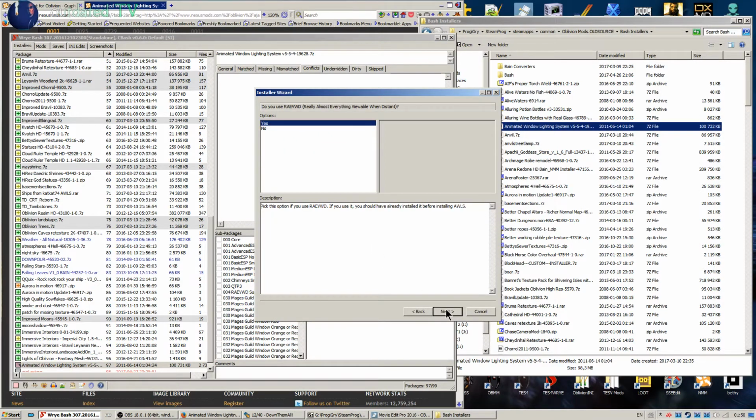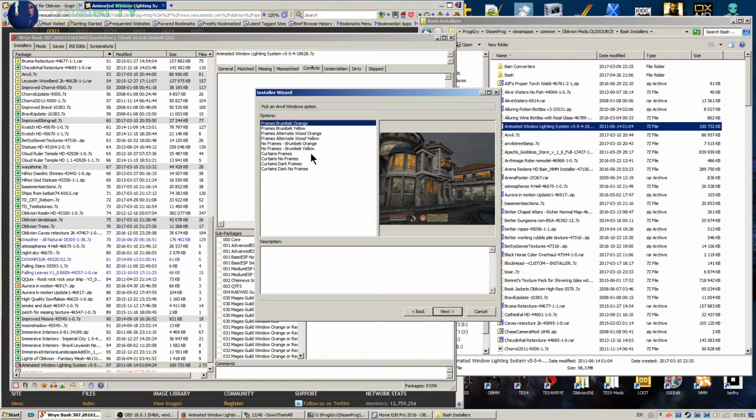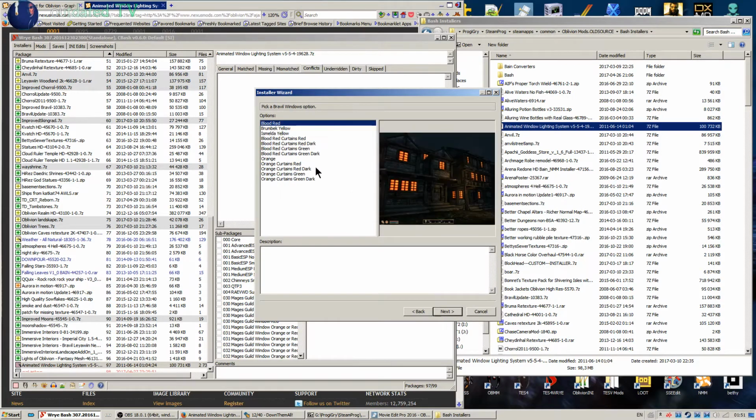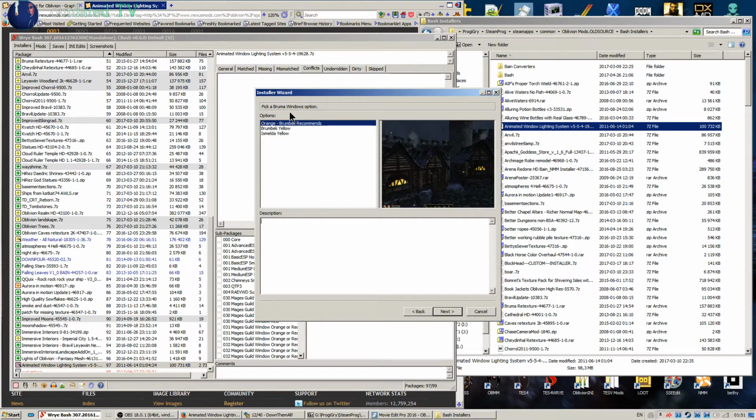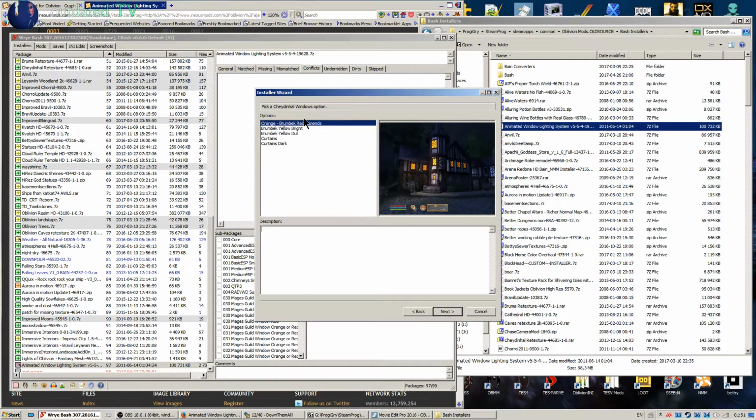Advanced smoking chimneys, alright. Do you use really almost everything viewable when distant? No. Do you want to pick your windows individually for every city and location? Yes. Do you use Qarl's texture pack? Yes. Curtains, frames. Okay, then the Bruma. Orange curtains, red. Then for Bruma orange. Right. For Bravil, curtains. And for Chorrol, curtains red. For farmhouse,